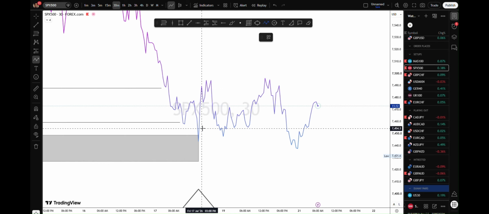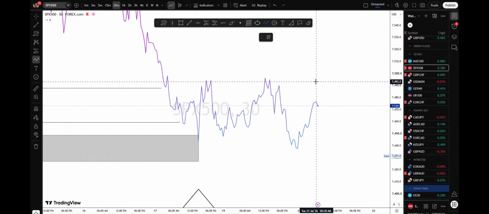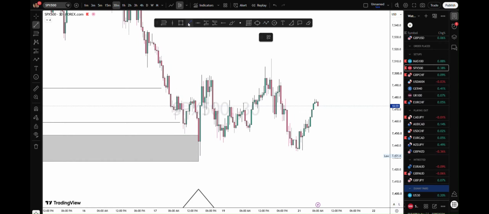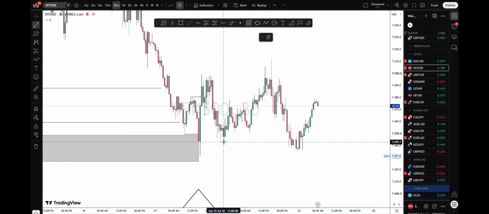We have a sweep of liquidity, we have a break of structure. Market came back, gave us a structural liquidity, came back, swept the structural liquidity, and then it's buying. So literally, that is all we are looking for. So here is your sweep. Boom. Here is your break of structure, the first break. Here is your structural liquidity